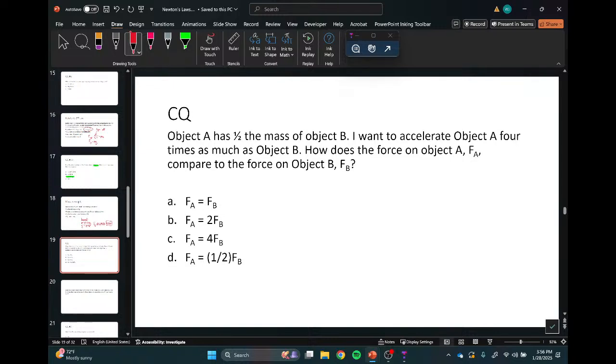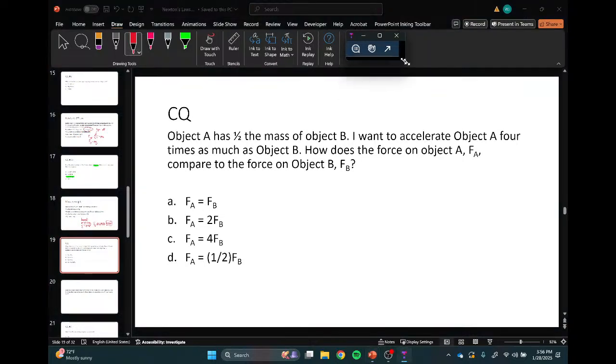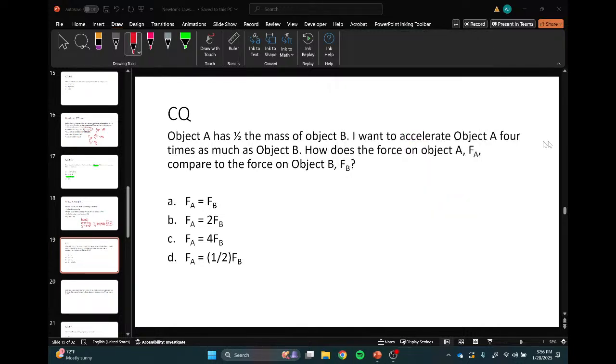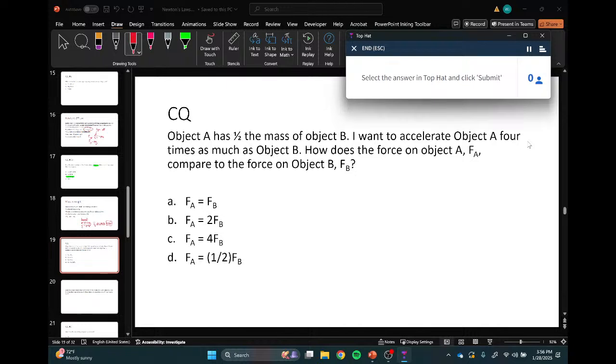See if y'all can come up with the answer, and then I will show you there's a mathematical technique for doing this that's nice and straightforward. You can do this somewhat in your head if you think about it, but I'm going to show you all after this. I'll even leave the question open so you can change your answer. But for now, just give it a try. And then in about a minute, I'll start walking through how you can do these types of problems.